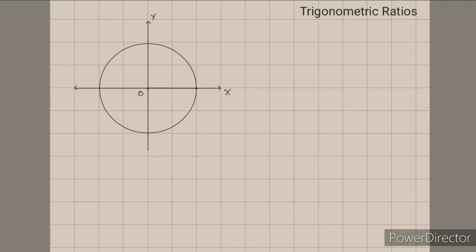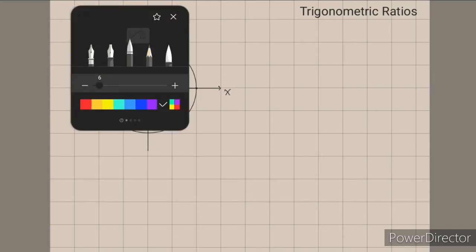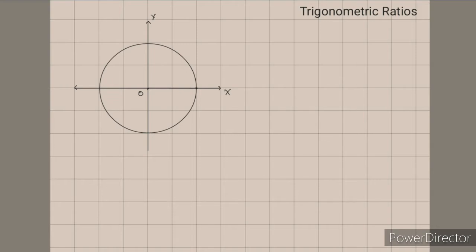Hello guys, in this video we will learn about trigonometric ratios, which are sine, cosine, tan, cosec, secant and cot. We will see how these trigonometric ratios are defined and how they vary with the different theta, which is the angle. After this video you could easily differentiate between all these trigonometric ratios and easily plot the graph of sine theta, cos theta, tan theta and the remaining three trigonometric ratios. Let's see what those six trigonometric ratios are.